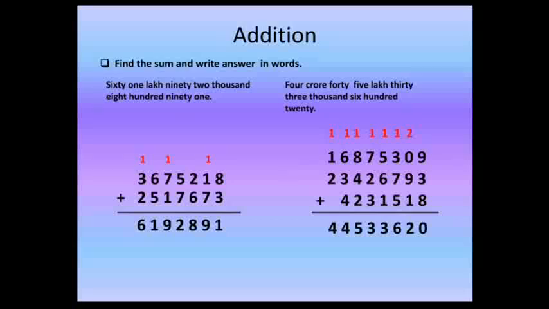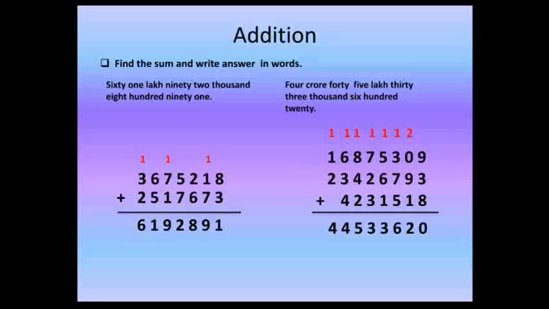Let's see how you are going to add these numbers. First, start from the ones place, that is 8 and 3. When you add 8 and 3, you will get 11. You will write the ones digit of 11 and the tens digit is carried. So 8 plus 3 is 11, you write 1 and 1 is carry. Now move to the tens place. 7 plus 1 is 8, and 1 is carry. When you add this 1, you will get 9.